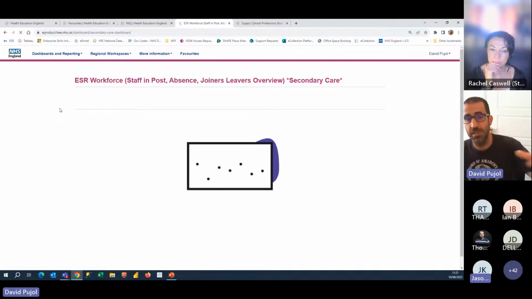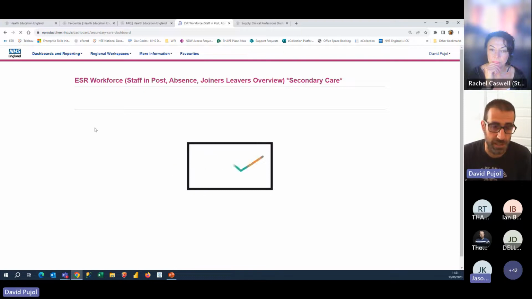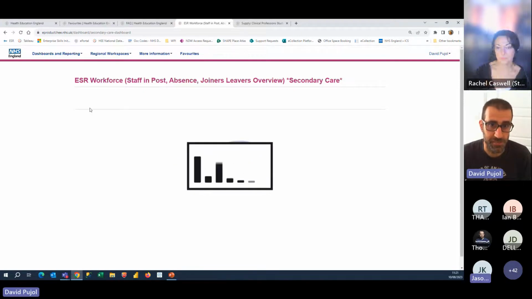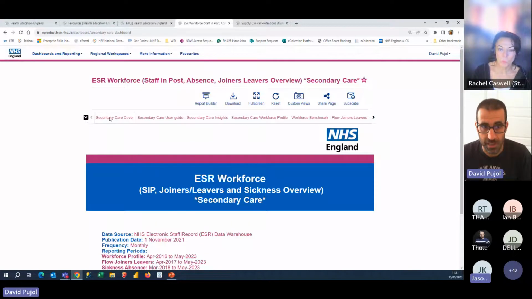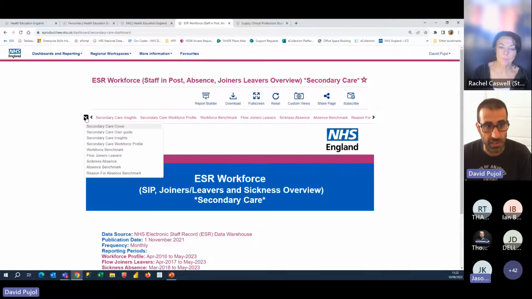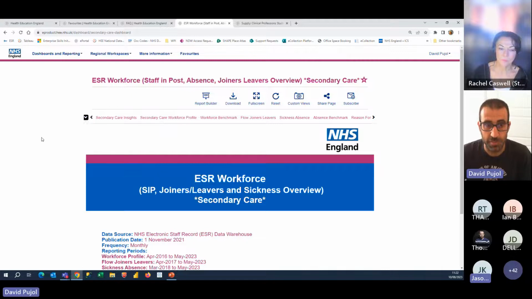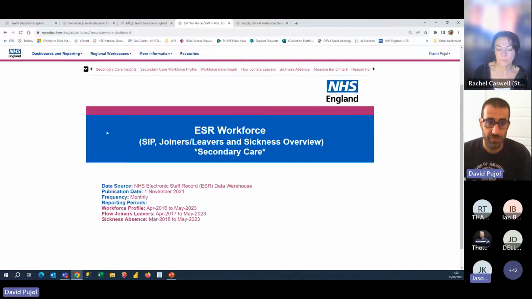They all have the same structure. At the very top, when this loads, you will see that there are some tabs. You can navigate through the tabs using these hyperlinks, or you can use this drop-down menu. When you go to the cover page, it will tell you what the data source is, the latest publication date, the frequency, and the periods, if different data sets cover different periods. As in this case, the workforce data covers certain periods and the joiners and leavers covers a slightly different period, so you can see how far you can